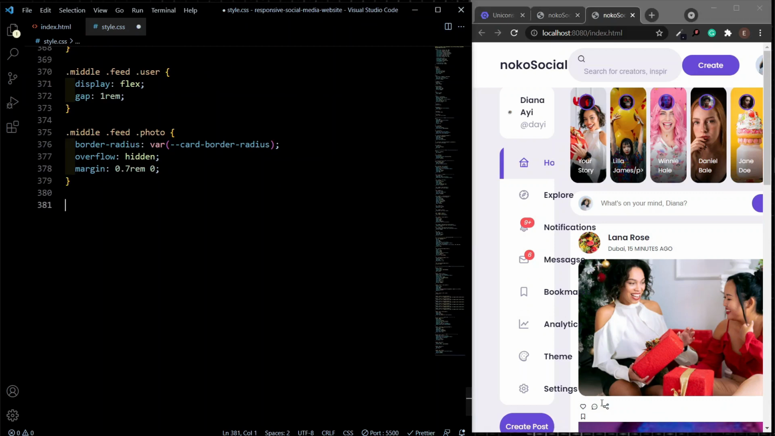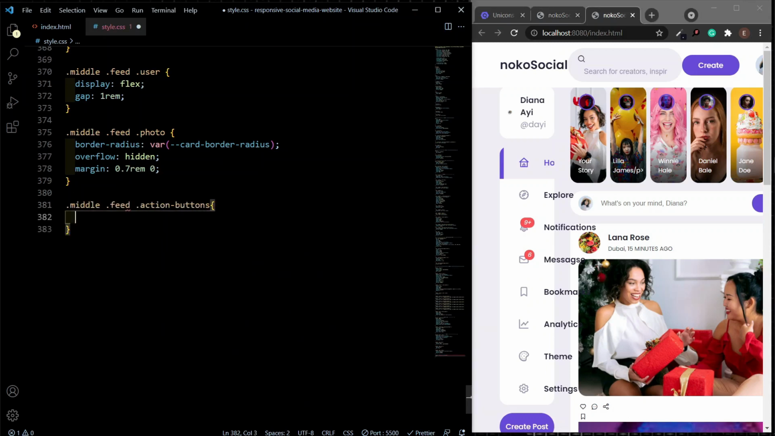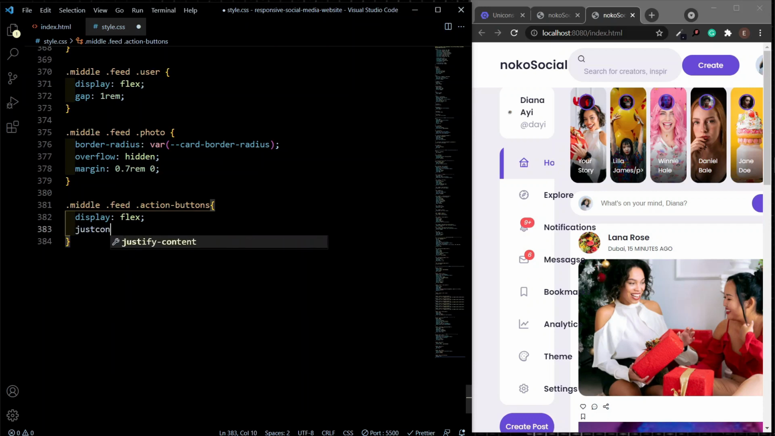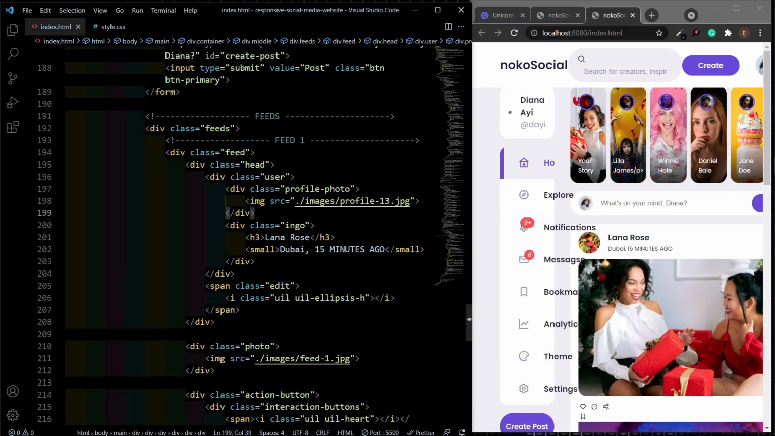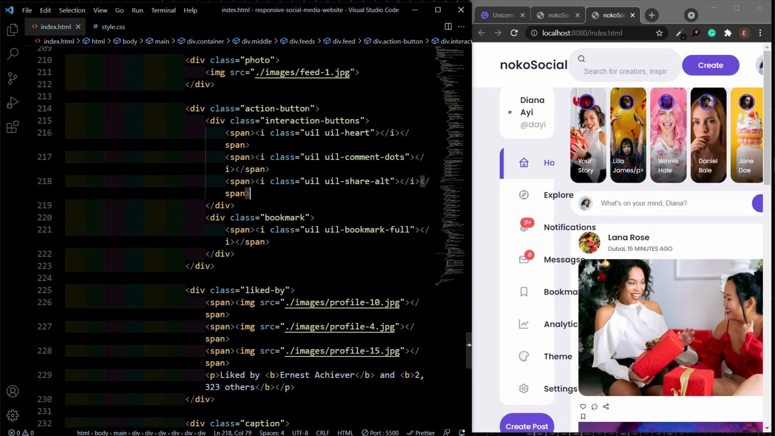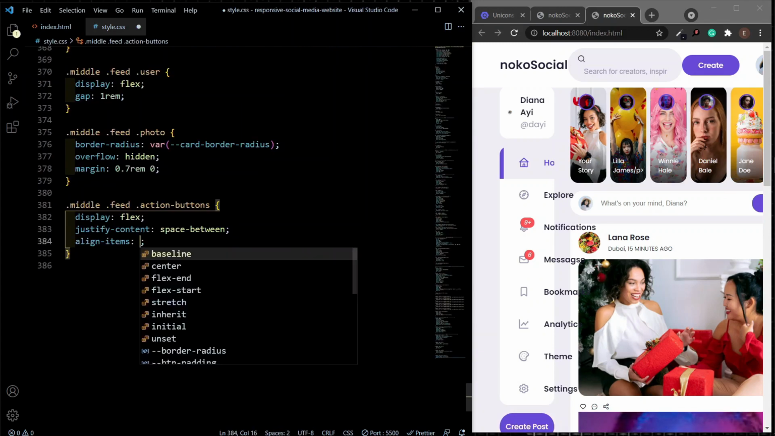Let's move on to our action buttons. Okay, so these are action buttons. Let's move on to that. Remember, we gave it a class of action button, so let's display flex. I'm going to justify content to be spaced between, so that we have some space between. What is wrong? I think I made the same mistake with this as well. Action buttons with this action buttons. Okay, I'm going to align items to the center,